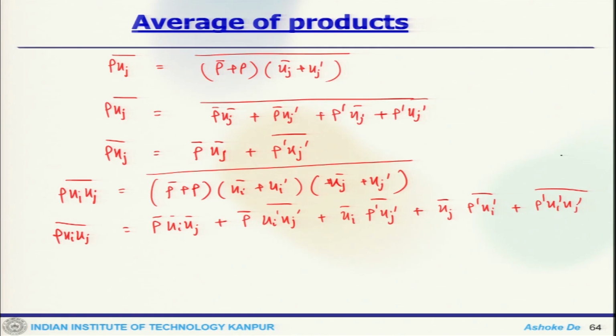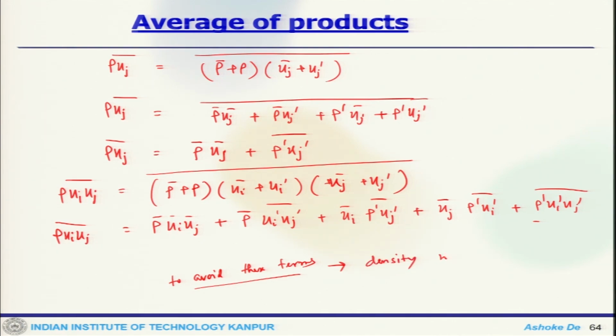Welcome back, and let's continue the discussion of this averaged equation in the RANS framework. So, we are looking at this average of the product, and this is what we looked at when you take this rho uj averaging and rho ui uj, and we can see there are terms which contain density fluctuation. If you keep those terms, that would create trouble. So, the idea is to avoid these terms. So, that is what we go for